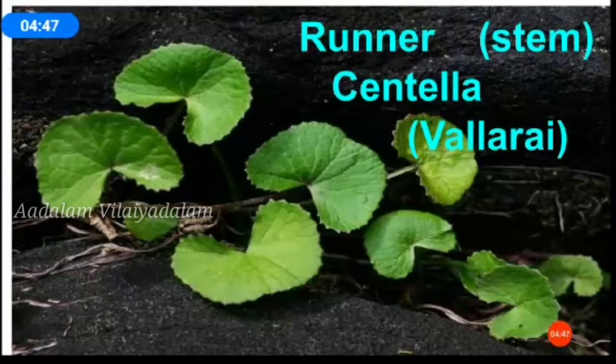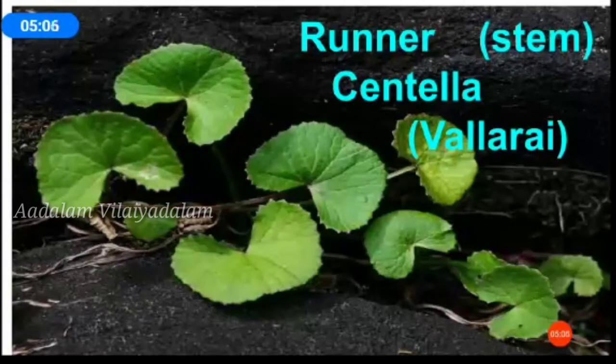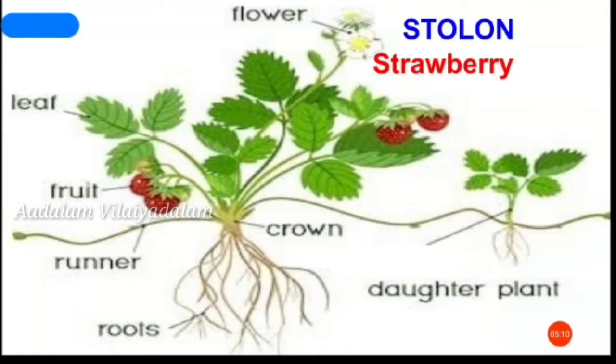Next modified stem is sucker. The sucker is a short and weak stem. In chrysanthemum plants, these stems arise from the main stem. These sucker stems are weak stems, very short. It moves horizontally under the soil and then grows upwards. Next modification in stem is offset.